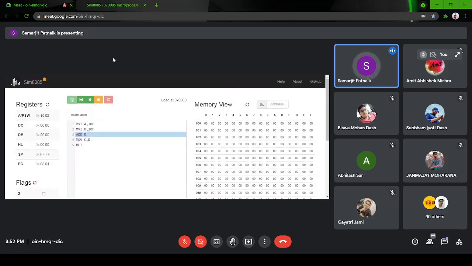So my two values are, one in the accumulator, one in register D. Next the ADD instruction. Once I add, the result 30 is stored in the accumulator. Now register C is blank, but my final step is to move the result to register C. So what will we do?